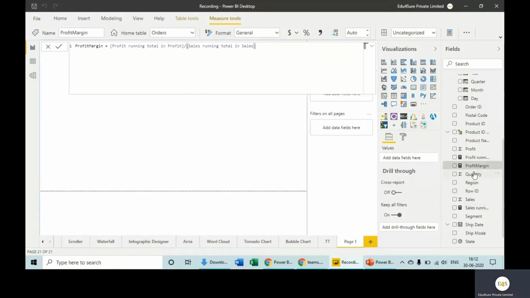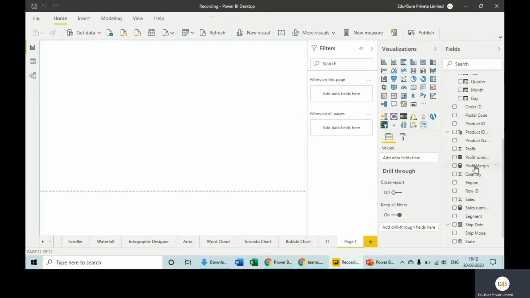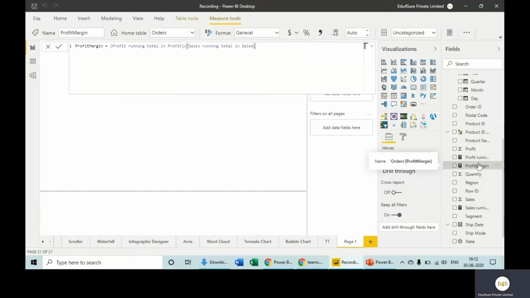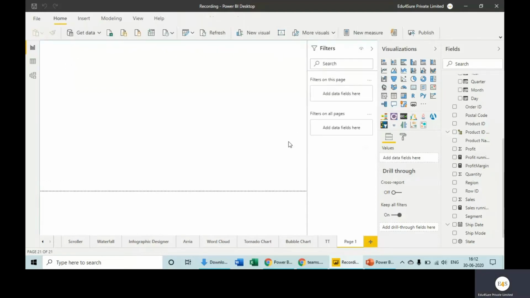What is happening? We got this measure as profit margin. Click on this and select percentage so that it has been multiplied by 100. Now we have all the data with us.